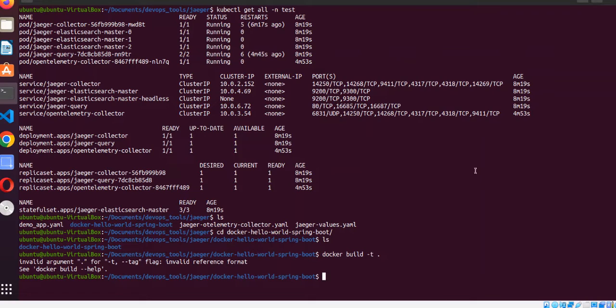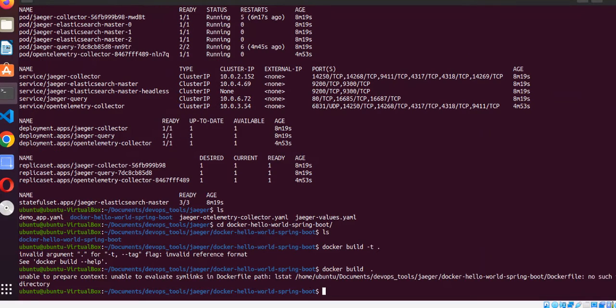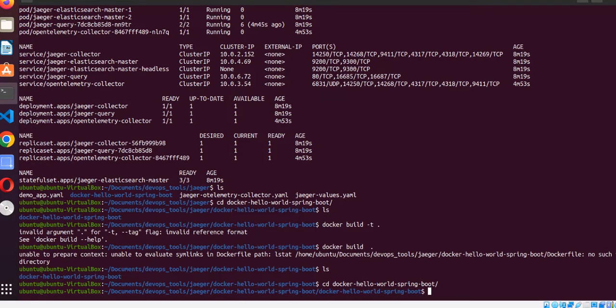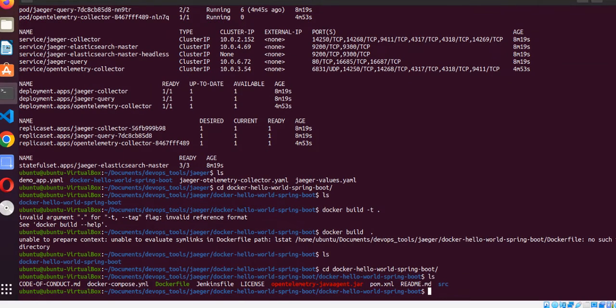One second. We do the naming later on. Okay, the command was right. I just had actually moved it as a zip folder. So docker build,